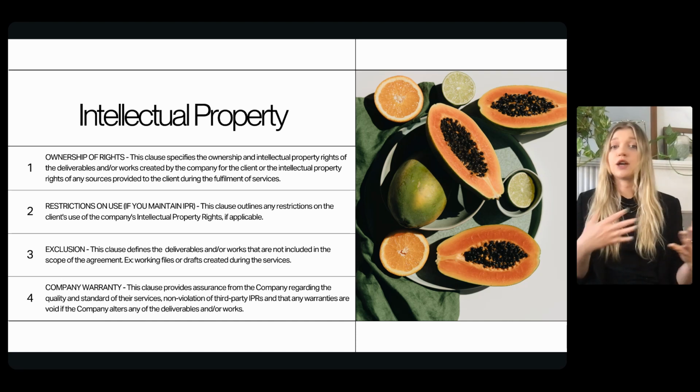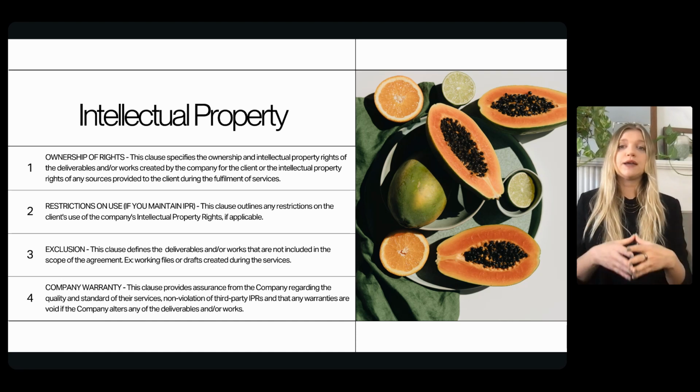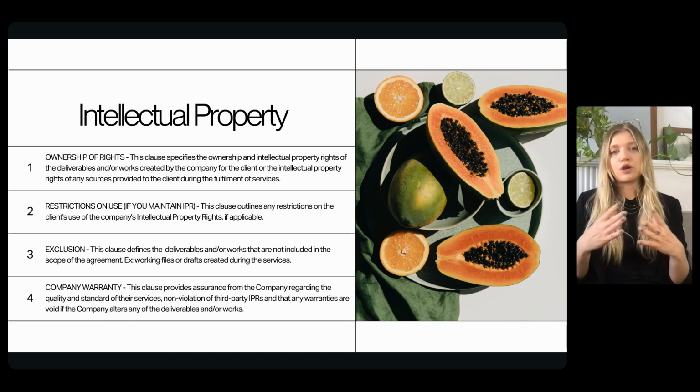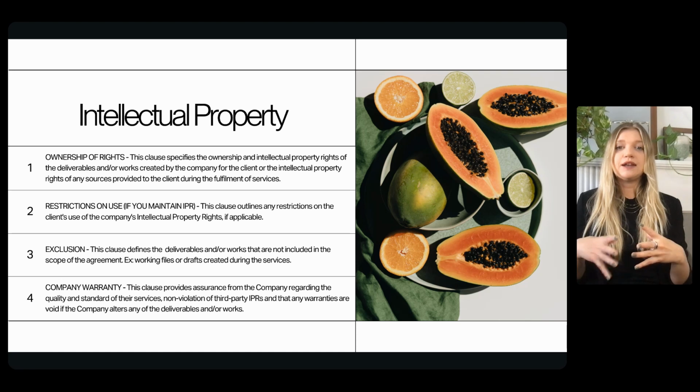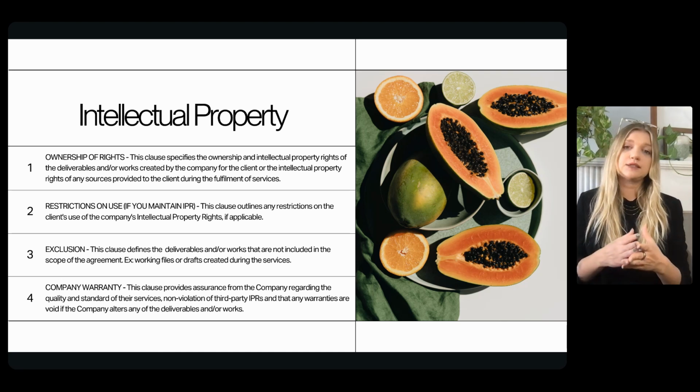Secondly, you can keep all of your IP rights and give a limited license to your client. This would be most relevant for coaches and consultants who provide their clients with unique materials. In these cases, you would be giving a limited, non-exclusive, royalty-free license for clients to utilize whatever you produce for them inside of their business. And then add restrictions, such as they cannot resell or share these with others without your permission. Otherwise, the license is revoked and they need to delete any of these pieces of intellectual property off of their